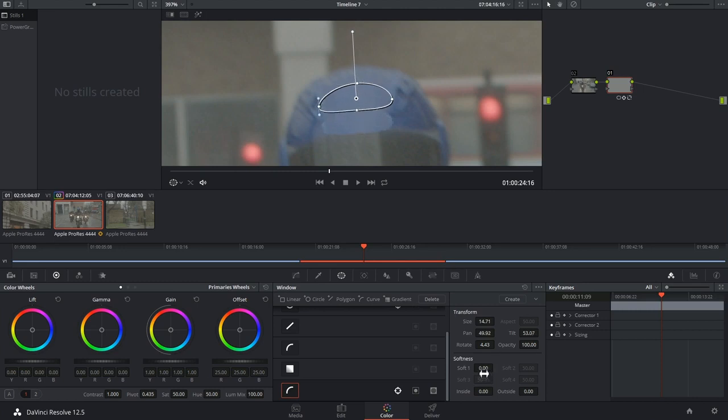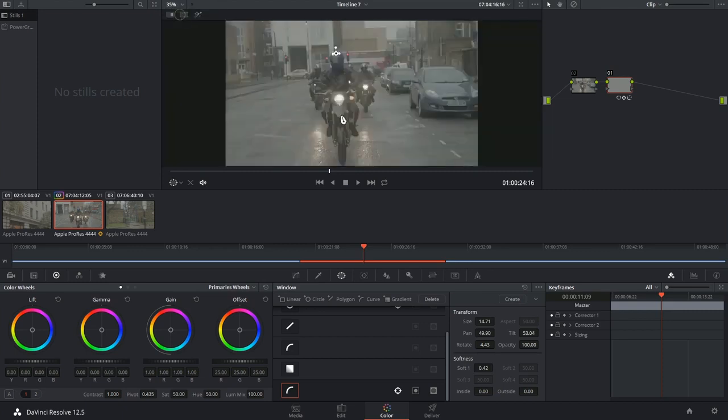And of course, I want to blur this quite a bit. And up close, maybe it doesn't look fantastic, but I promise you that once we zoom out and we look at the final product, this is going to be quite